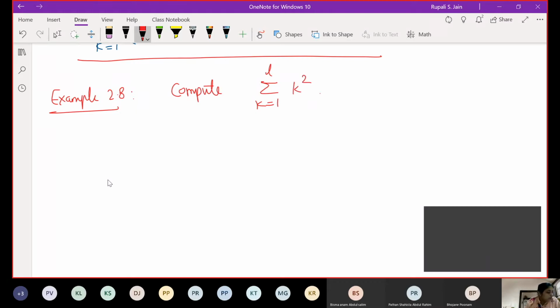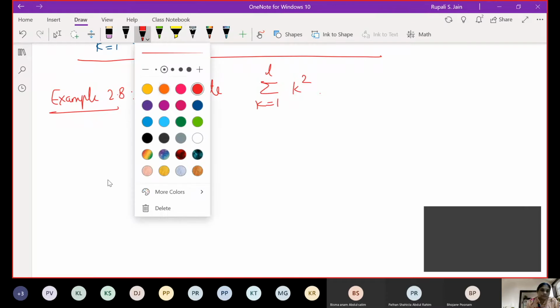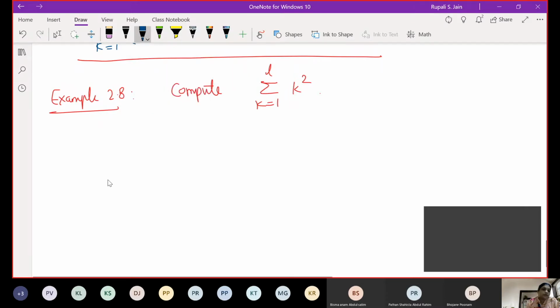I want to find the finite sum k is equal to 1 to L, k square. So for that we want the indefinite sum. So for that, recall